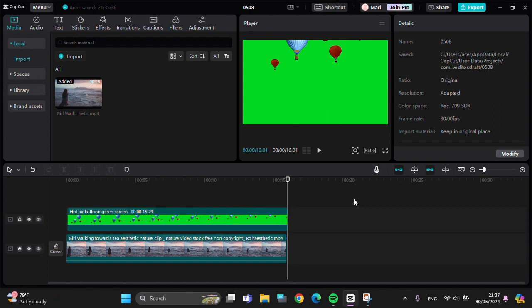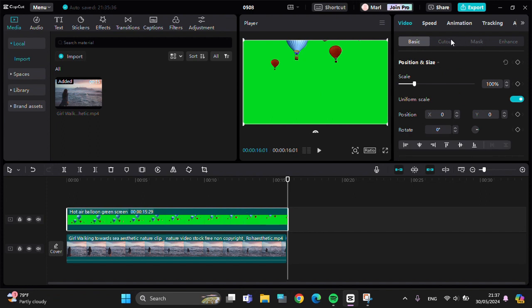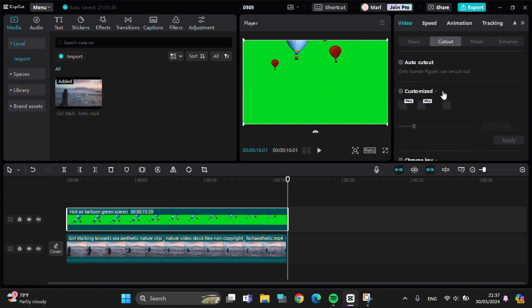Here I have created a project on my CapCut PC application, and as you can see, guys, I have added my green screen video to this project, and I'm going to use the Chroma key feature to remove this green screen. First things first, we can click on the video, then go to the cutout option, and you have